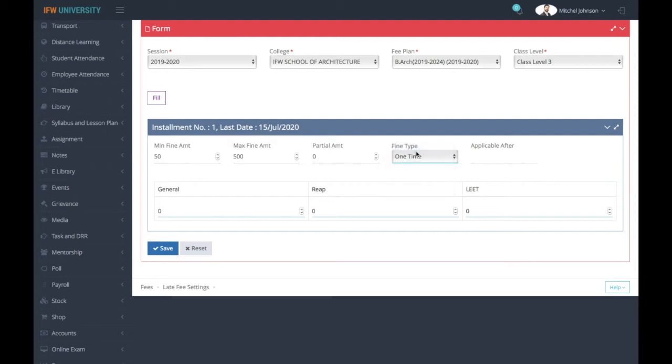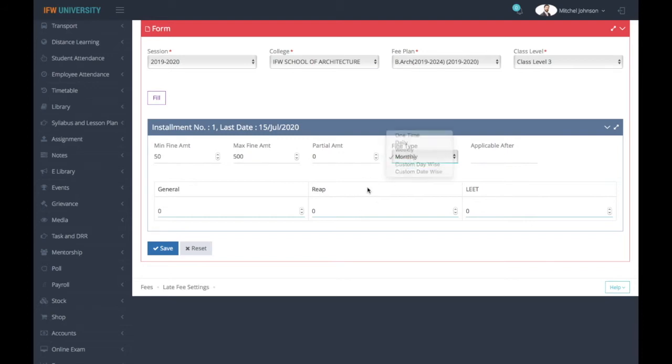If you have selected one time, it will be applicable one time. If you have selected monthly, the student has to pay 50 rupees for 1 month, 50 rupees for another month, and the next 50 for another month. Like in October, the student has to pay 50, in November, the student has to pay 100, then 150 and so on. It increases monthly.